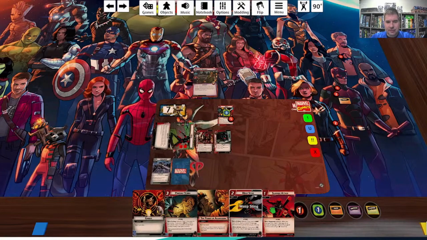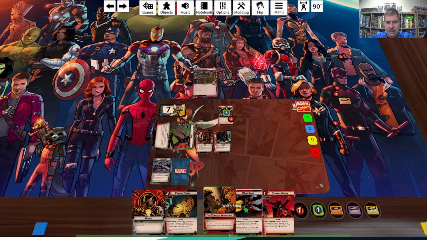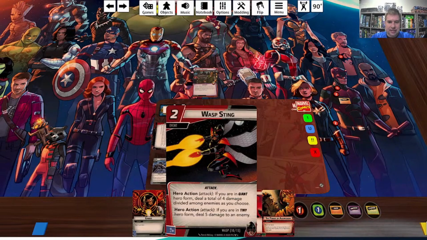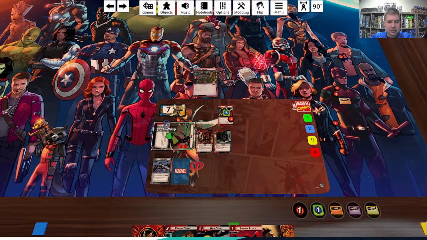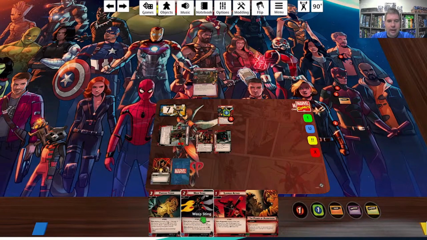All right. So I want to switch for that one, and then after you switch form, deals 3 damage to an enemy, 4 if you paid for it using a fist, which I can. I can pay for it using this. And then I'm going to lose this, but that's okay. All right, so I'm switching to tiny form. Let's do that. I am going to do my Wasp